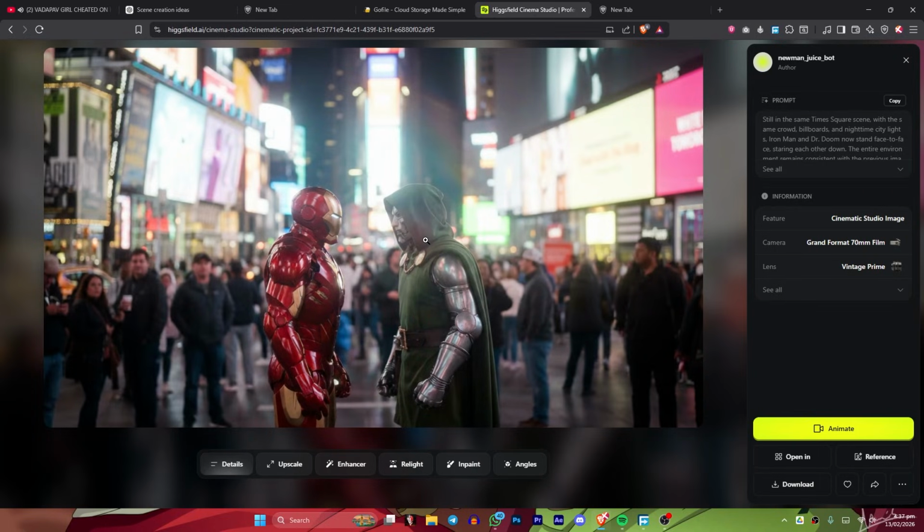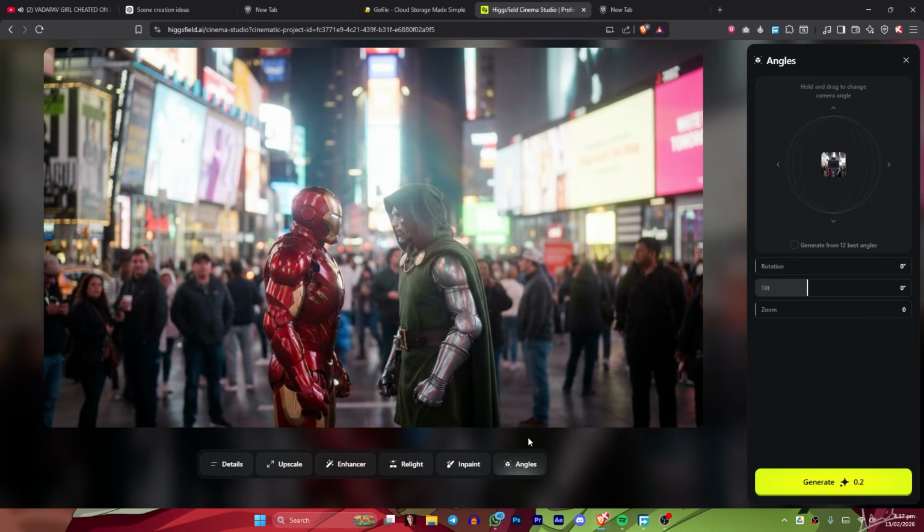And there is also an option called angle. If you click here, there are a lot of options. The first thing you can do is hold your mouse over here and rotate the whole thing as you want. And if you want to use toggles, there are three options right here: rotation, tilt, zoom. Let me explain all this. These switches allow me to change the camera angle around the scene. I can rotate the camera and preview different cinematic perspectives, and this helps me choose the best camera position before generating the video. And this is one of the best things. This gives me more control over the cinematic composition and storytelling.